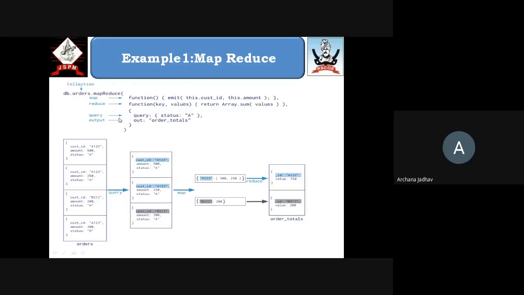The third part in this syntax is the query. The query is a predicate that we apply on the documents. It means only the documents having the status as A will be selected to generate this MapReduce operation. And the fourth part is the output, which says in which format we want to display the output of